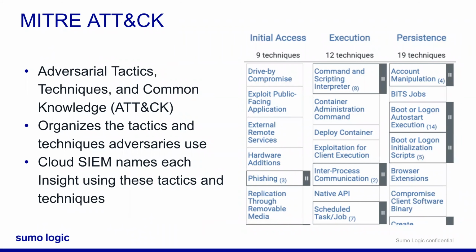What this framework or matrix does is it basically organizes and categorizes the tactics and techniques that criminals and scripters and adversaries use. It's going to include attacks like exfiltrating databases, installing malware, stealing credentials, all these nefarious activities that you and your SOC team are trying to stop. And so Cloud SIEM is going to use these same tactic names for the stages of signals and the name of insights. Once you're familiar with this ATT&CK matrix and framework, navigating Cloud SIEM's insight pages becomes easier.